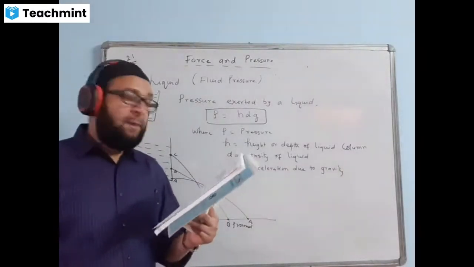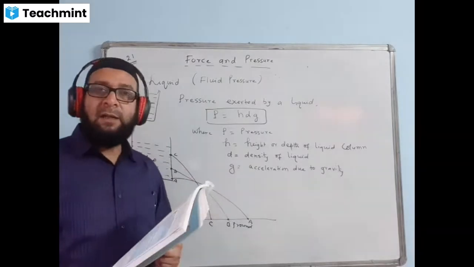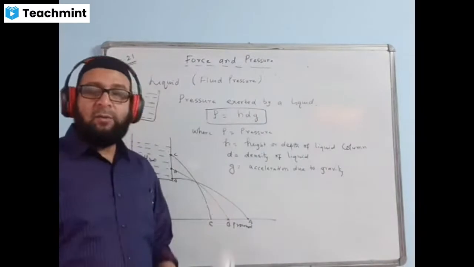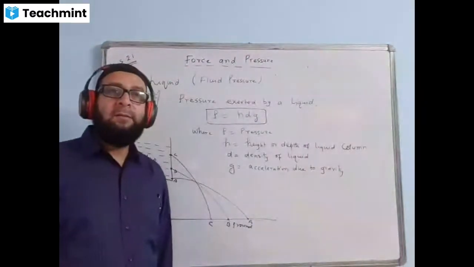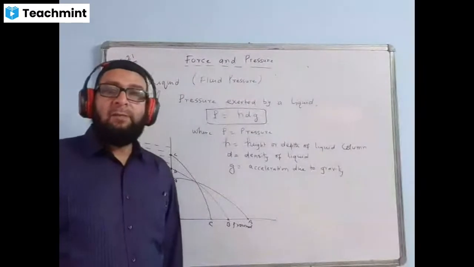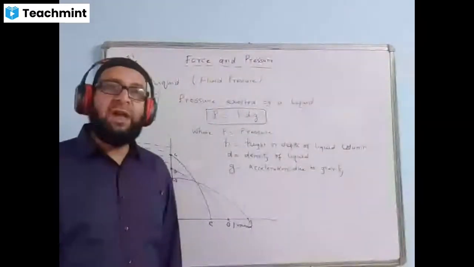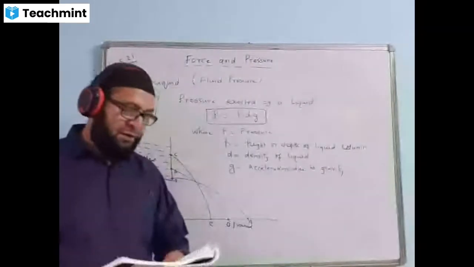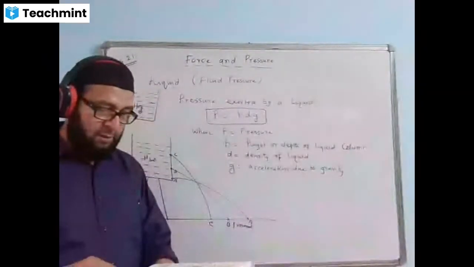But see the water column in all the containers, the water height in all the containers. Is it same or not? Just check. The level is same or not? Yes, it will be same. It will not depend upon the area of cross section. Rather, it depends on the height, and it does not depend even on the shape of the container. Liquid pressure does not depend on the shape of the container. That is the conclusion you draw from it.